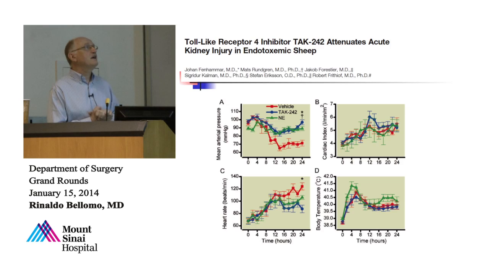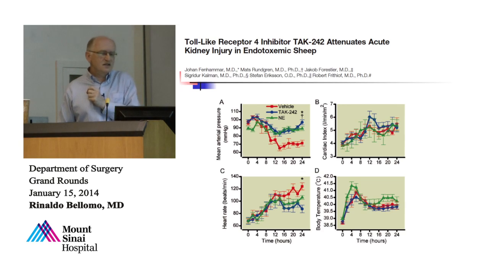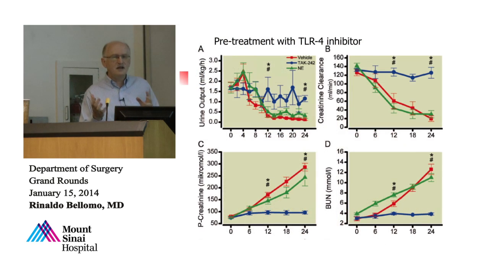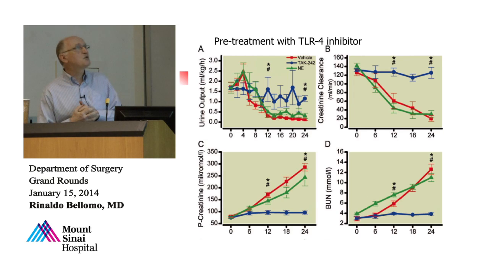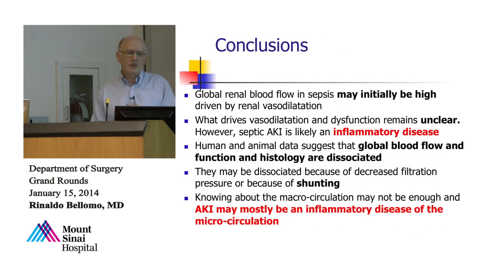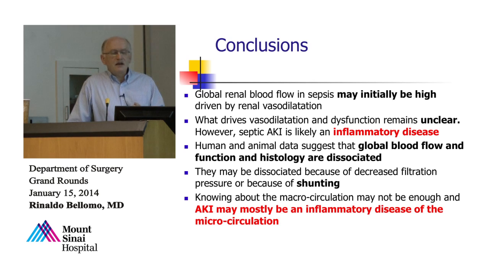And more recently, work dealing with toll-like receptor, which is activated by endotoxin, we're able to show that you can significantly change the renal function even though you don't affect the hemodynamics. So the blood pressure is not affected, and yet you're able to support and maintain creatinine clearance and urinary output with toll-like receptor blockade. So let me conclude my presentation by telling you that global renal blood flow in sepsis